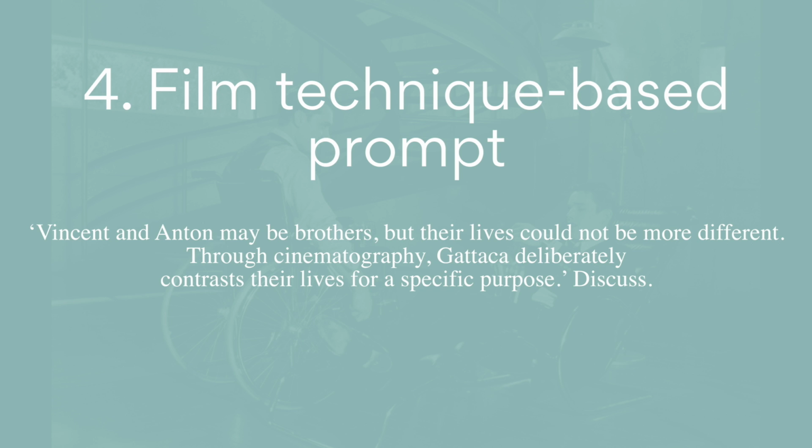So these type of prompts ask you about the actual way that the director has portrayed a certain idea. So here it's through cinematography. So in this prompt, it wouldn't be enough that Vincent and Anton are brothers, but their lives could not be more different, and then contrasting that using themes and ideas. Here, it is really crucial that you don't just talk about the dialogue, so that's your